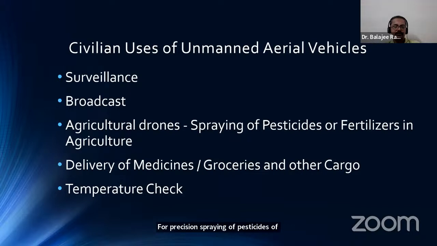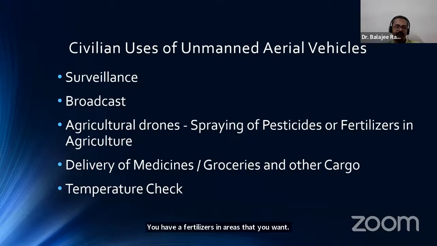In foreign countries, agricultural aircrafts are very common. They have hectares and hectares of land where they use manned agricultural aircrafts for fertilizer or pesticide spraying. In India, we may not have such a large field, but we can use these drones neatly programmed. They will precisely spray the pesticide or fertilizers in areas where you want.